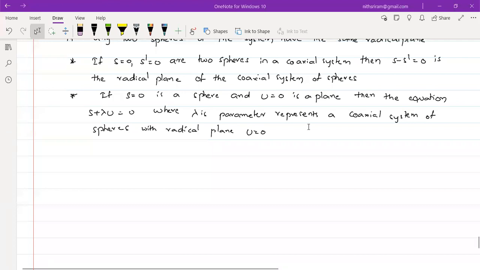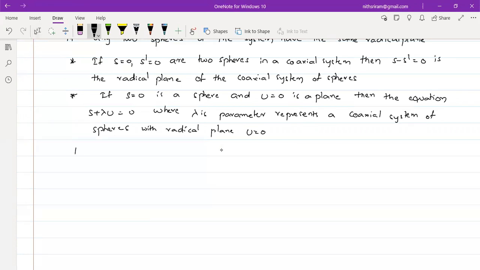So whenever we have a sphere equation together with a plane equation, we can represent a coaxial system of spheres with those two equations. That is, S plus lambda U equal to 0 represents a coaxial system of spheres, with S equal to 0 and the plane U equal to 0. Right, so coming to the next point,